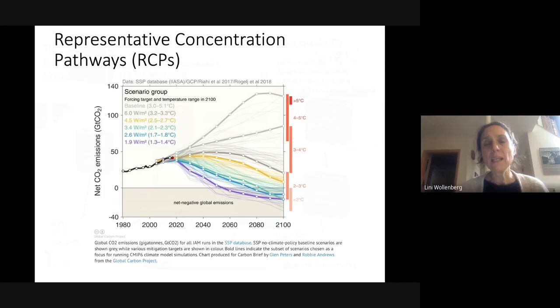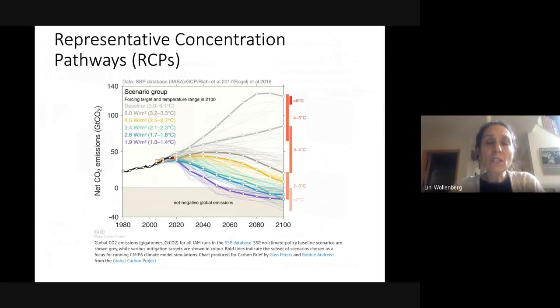So it's linking the amount of emissions to a warming level. And the different colors represent different trajectories that result in different temperature outcomes. And so it's really helpful for us to be able to compare. This doesn't even have the worst case, which is 8.5, I believe, but to compare, for example, those gray lines, which suggest an increase of over 5 degrees centigrade, to the purple line and the blue line at the bottom, which indicate the trajectory that we would need to have for a 2 degree or 3 degree centigrade limit by